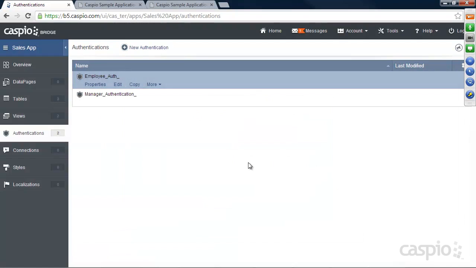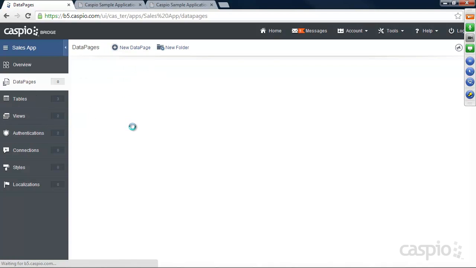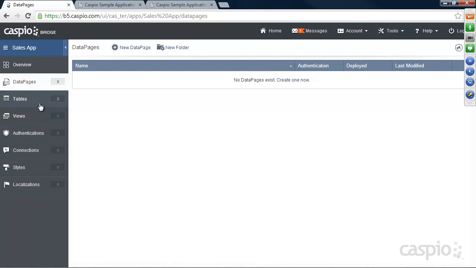Okay, so I've mentioned this in the past. This is where I consider the foundation of any app that you build. Once you've identified your tables, your views, and your authentications, if your application calls for password protection, you want to set this up first, these three tabs, and then you can go to data pages and start building your app, because now you have all of the necessary ingredients ready to be able to build